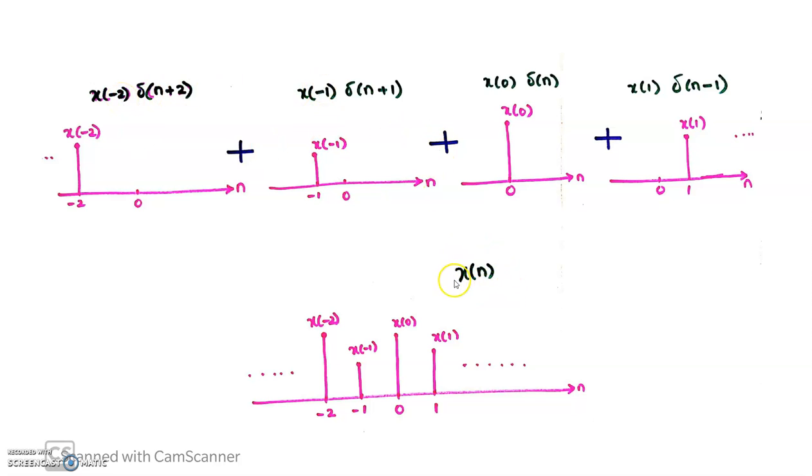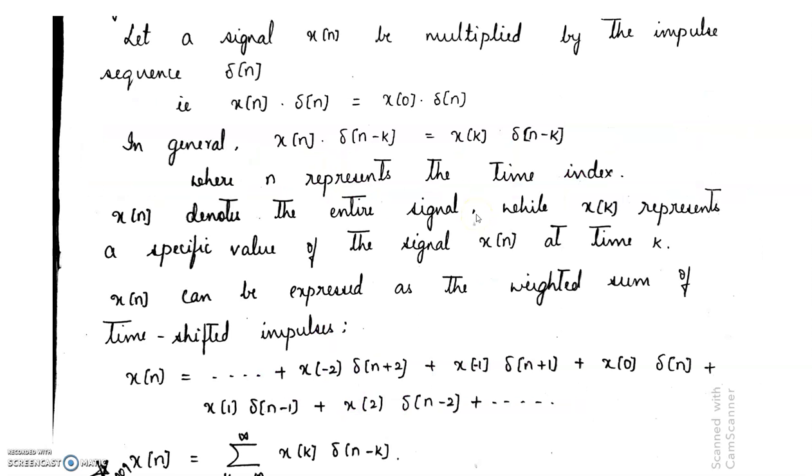So we can write this signal as a sum of these shifted impulses. Why is it called the weighted sum? Because every impulse is multiplied with the weight or the amplitude of that particular impulse. This in the form of an equation can be written like this. So x of n is a sum of impulses written in this fashion. In the compact form, we can write this as a summation of x of k into delta of n minus